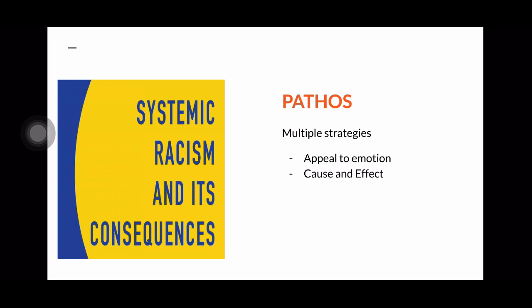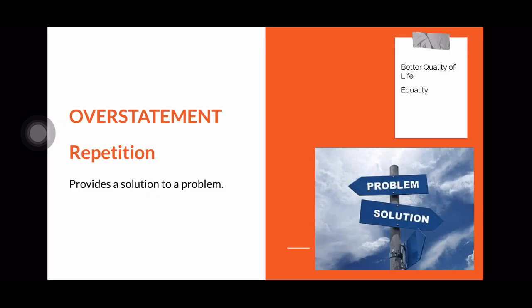Lastly, I used overstatement one last time to end my letter. I wrote, once we all can understand systemic racism as a society, everybody can receive equal opportunity and have a better quality of life. This is also repetition because I had used it earlier in my letter, but decided to close with this similar sentence because I wanted to bring attention to how important it is for people to realize